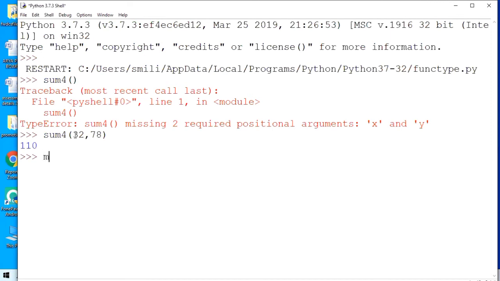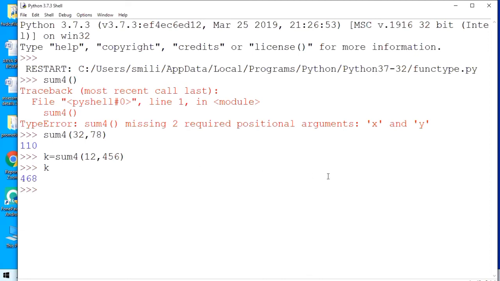Even if you write k is equals to sum4, and then provide some value, it has been executed, but the output is not available in front of you. Why? Because the output has been sent to k, and if you would like to see the output, then you have to print the value of k.